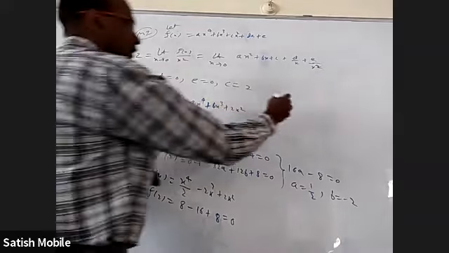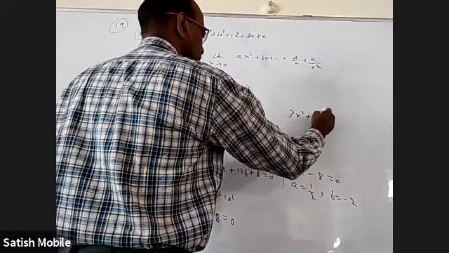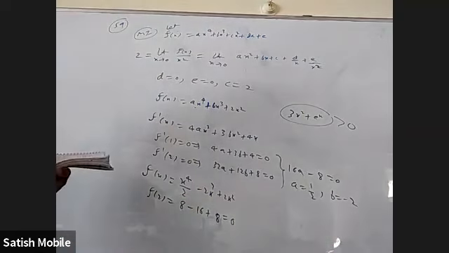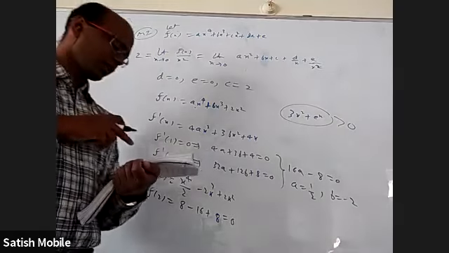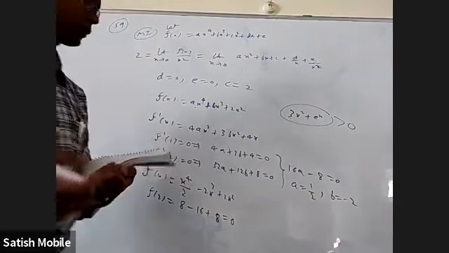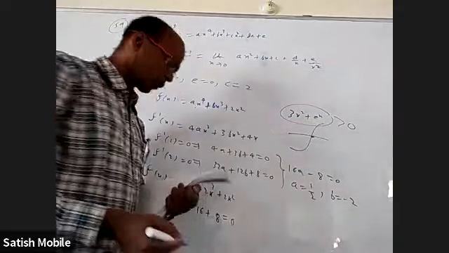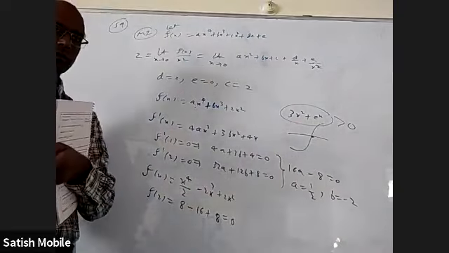Anything else in this application of derivatives up to 62? 62, simply differentiate the curve. You will get 3x square plus e power x, which is greater than 0. If the derivative is positive, then it is a strictly increasing function. And the limit at minus infinity is minus infinity and at plus infinity is plus infinity. So this is a strictly increasing function from minus infinity to plus infinity. It will cross the x-axis only once.